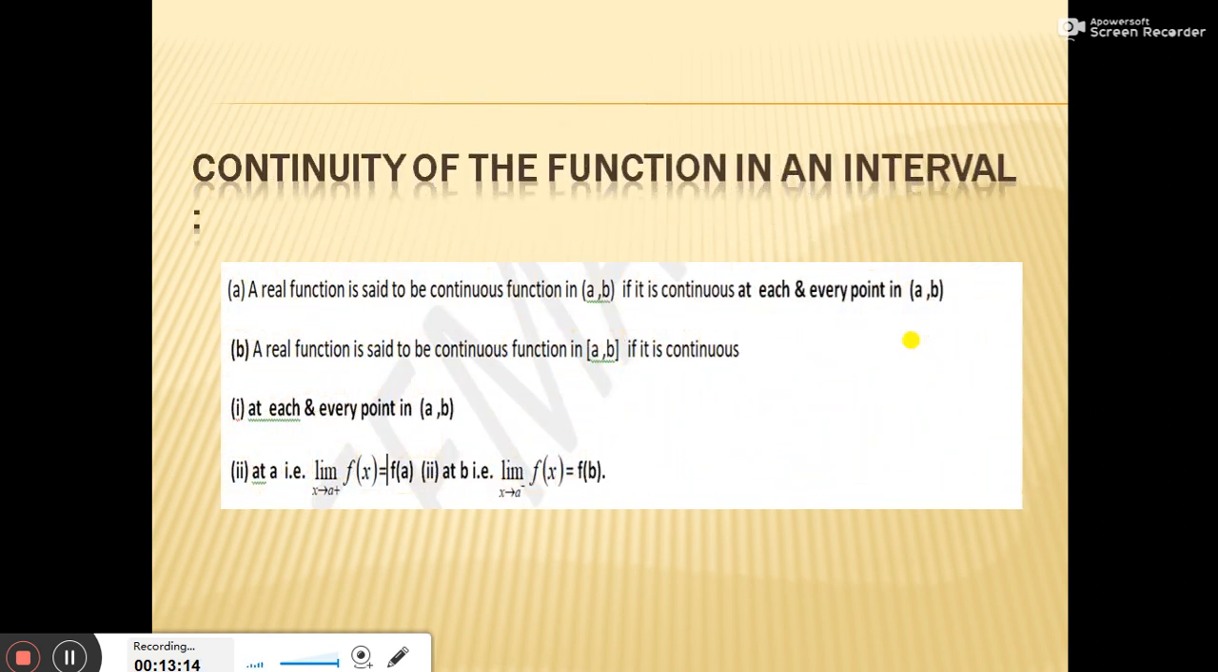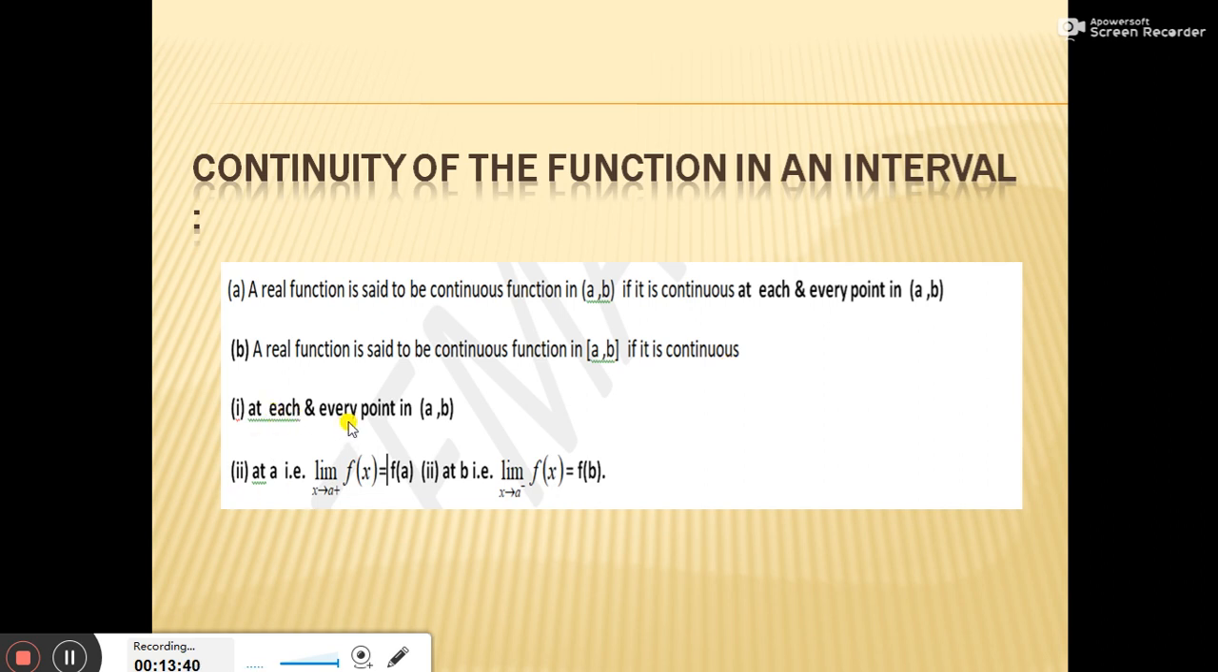Continuity of a function in an interval. How will you find the continuity when the interval is given? First, we have a given continuous function. In an open interval, we have to check at each and every point in the open interval (a, b). And a real function is said to be continuous in the closed interval if it is continuous